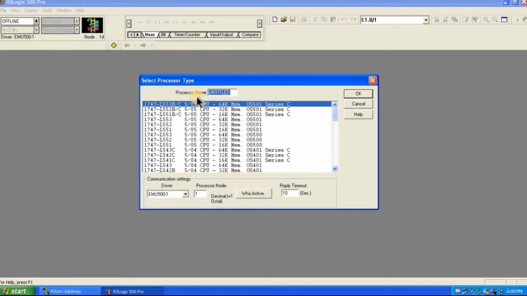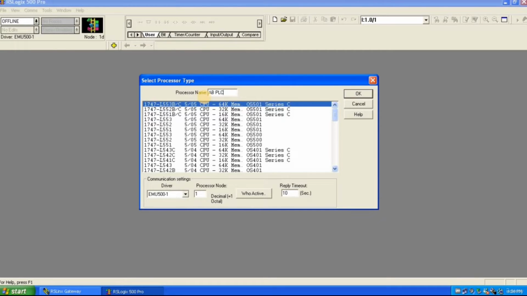So initially we have to provide the name. The name should not be more than 5 to 6 letters, because the message length is too small here, right? But later on we can change that name. I will tell you in the upcoming session how to change that name. So here I'm just providing the name like AB